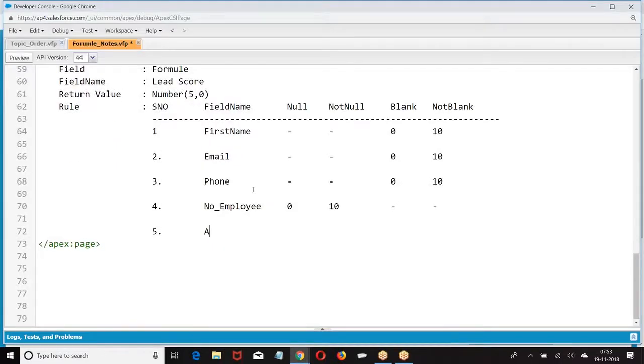Here, annual revenue, they told, greater than 0. If it is greater than 0, 10 points, otherwise 0 points.